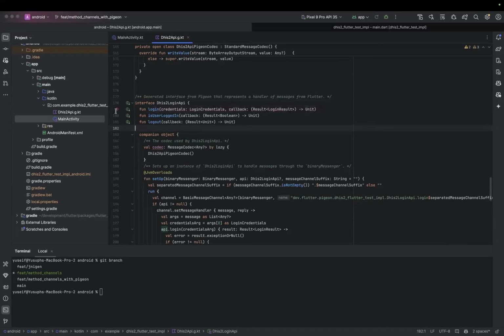So as you said earlier, if we have another implementation in iOS, where we want to do the same features, we will have an interface generated in the iOS code by Pigeon, and it will have to specify the three functions. So the entry class in Swift will have to implement that interface.